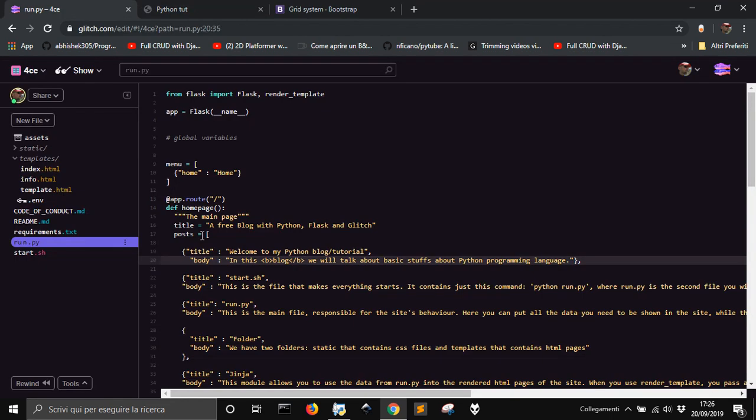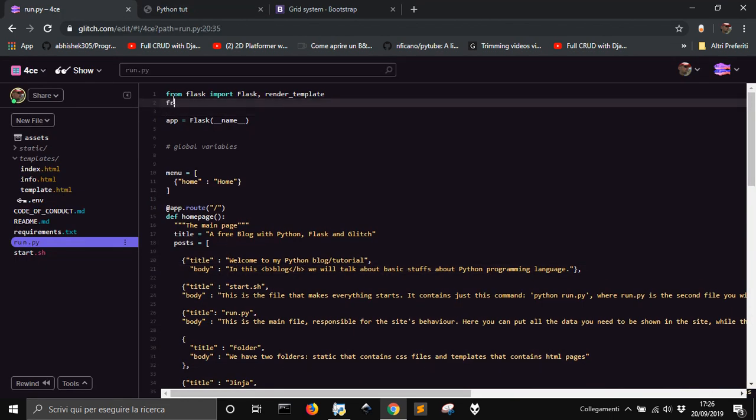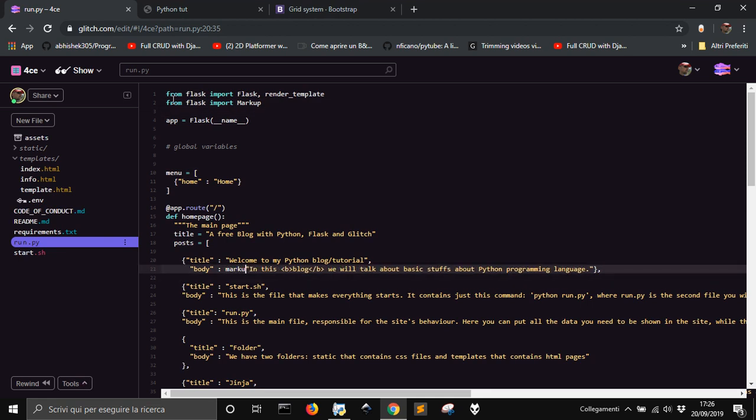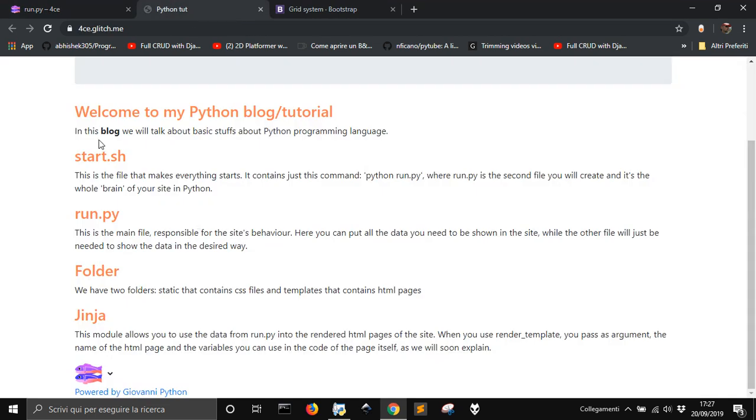So we can do one thing to do this, that is to, from Flask, import Markup, and then go here and Markup this. So include this in the Markup function and send this as the argument, and this goes with a capital letter. And so we will have, you see here,